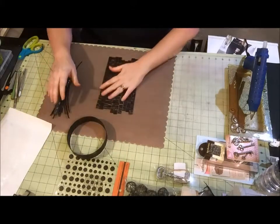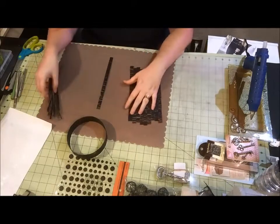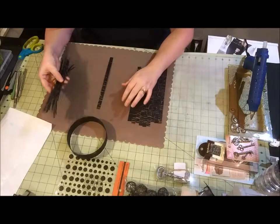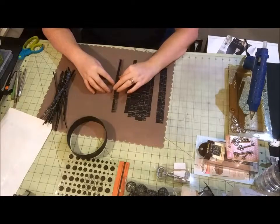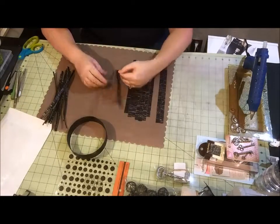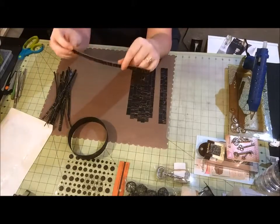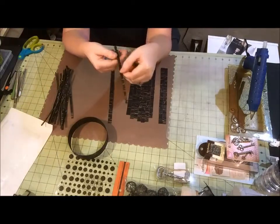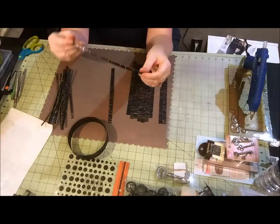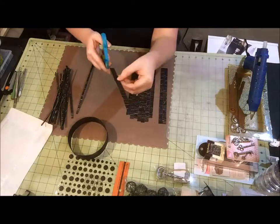So once I had my pizza box painted, I cut the strips, and after cutting them all, I realized that they were a little bit too wide. I cut them at 1/4 of an inch, I believe. I lied. They were 1/2 inch. So I cut them 1/2 inch wide, but that ended up being too thick. So then I just cut them down to 1/4 of an inch, and in order to do that, I just eyeballed it. So I took my scissors